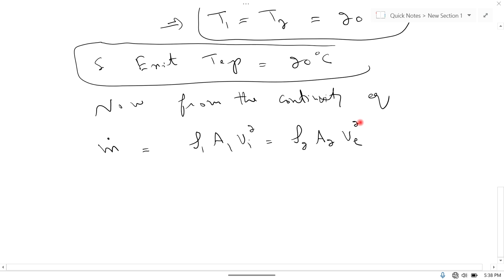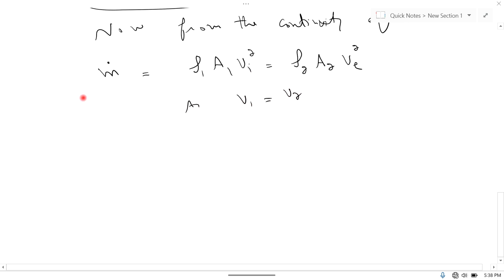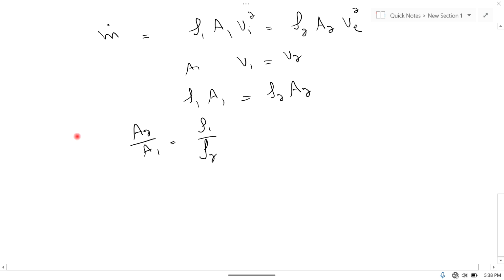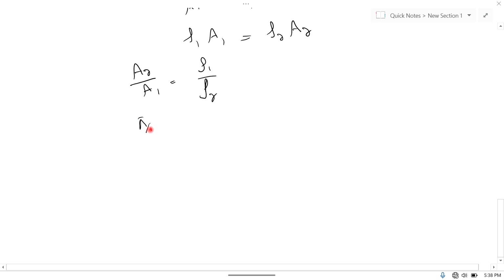As V1 is equal to V2, both sides are divided by V, so rho 1 A1 is equal to rho 2 A2. We can write this as A2 divided by A1 is equal to rho 1 divided by rho 2. Cross sectional area is equal to pi by 4 D square. So pi by 4 D2 square divided by pi by 4 D1 square is equal to